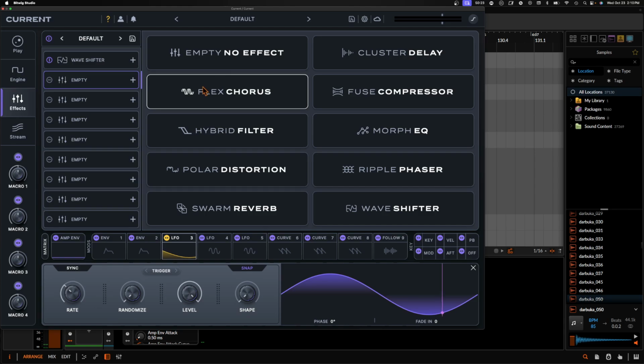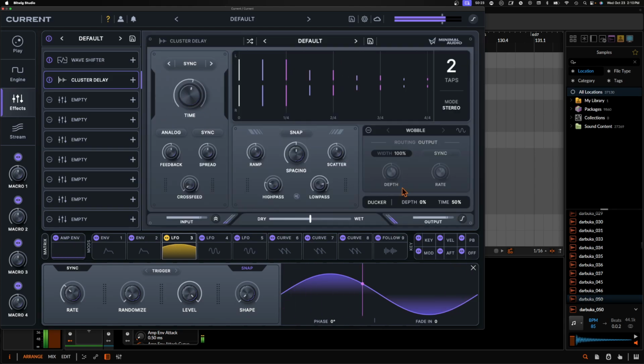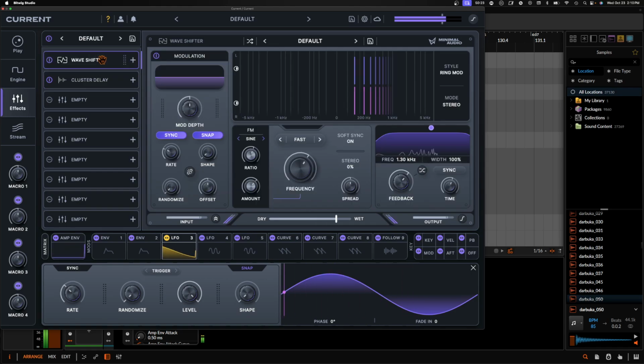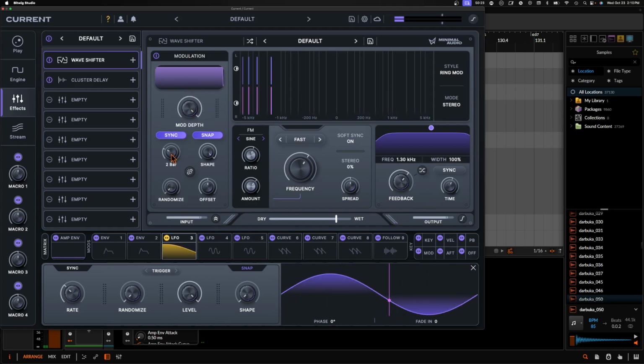So if we were to add something like cluster delay, if we add something kind of like a square and make this kind of fast, kind of like so, then we can start to do some really cool gated trance things, which is not in my genre, but what I like about messing with this is it kind of pushes me towards being like, hey, that kind of sounds like this, and I want to lean into it and just go with the sound